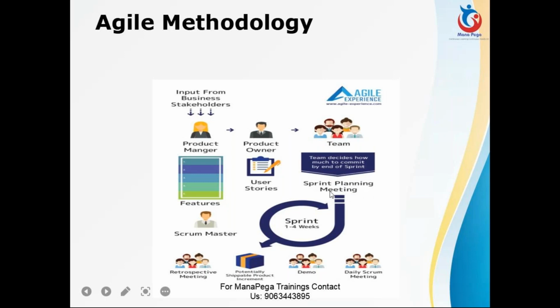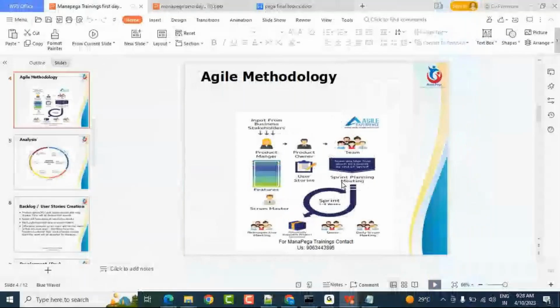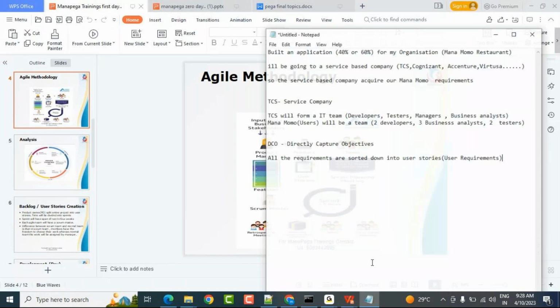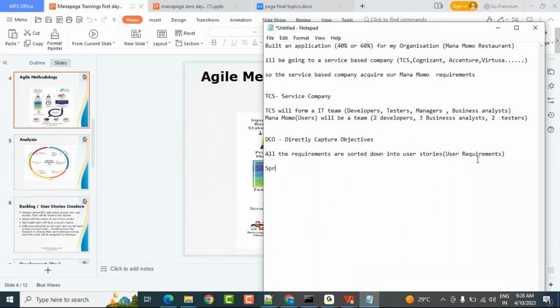The sprint planning meeting is the start of the sprint, where we will discuss how the user stories should be assigned and how many developers we have to assign. So all the requirements, in the sprint planning session they will decide. Who will decide? From the client team they will have a business analyst and the IT team. Okay, so I'll write it here: